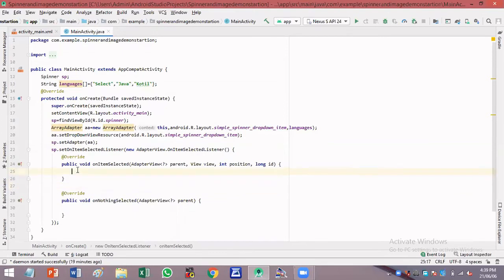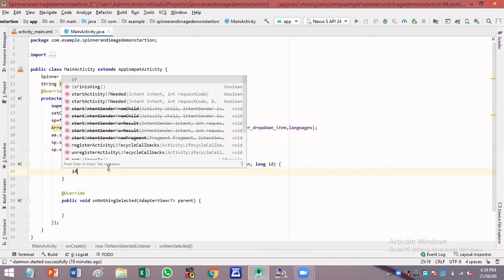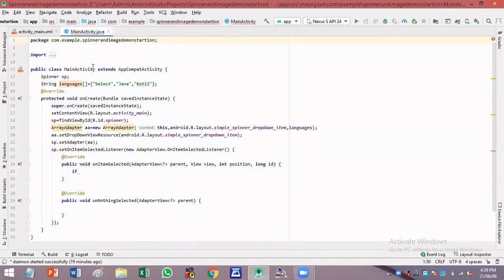Okay, and now within this public void onItemSelected, you have to check the position of the value in the spinner. Because this is an array that you are binding to the spinner, Select will have an index value 0, Java will be stored at index value 1, and Kotlin will be stored at index value 2.